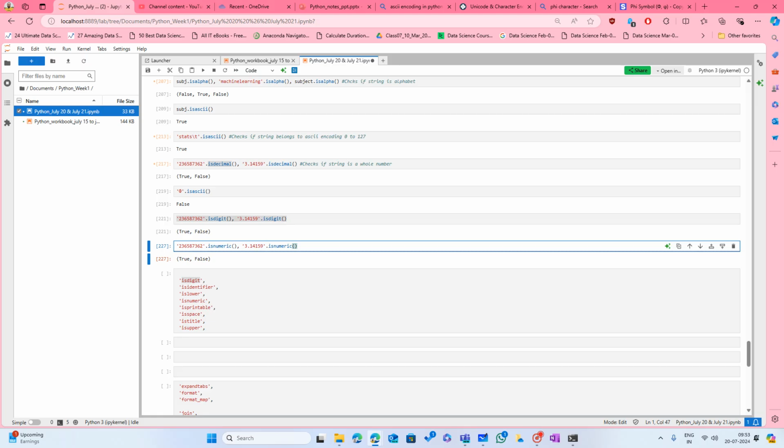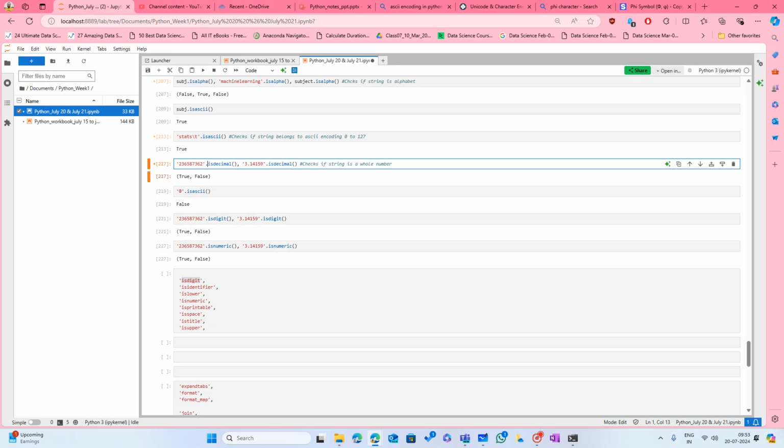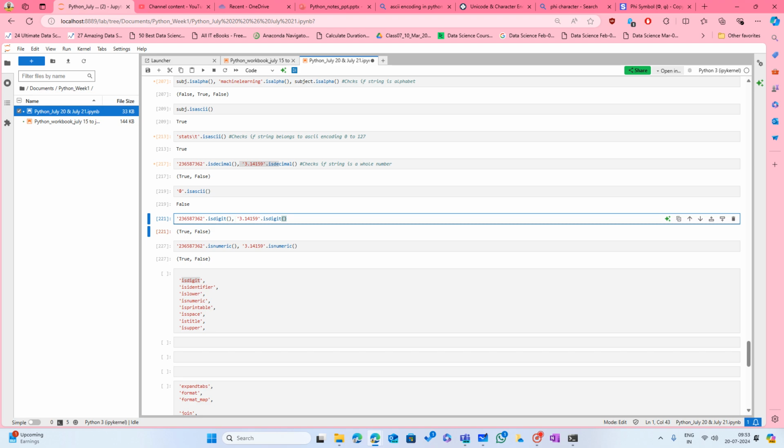isdigit will check if a certain thing belongs to the class of numbers. Okay, only numbers. So this is clear, right? This is a whole number. If it's a float, it will not give you that. With isdigit, how it is changing is, if you had a special representation of numbers, let me print and show you. Okay, so if you had this,